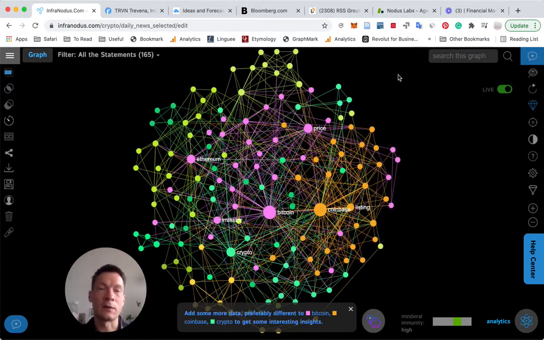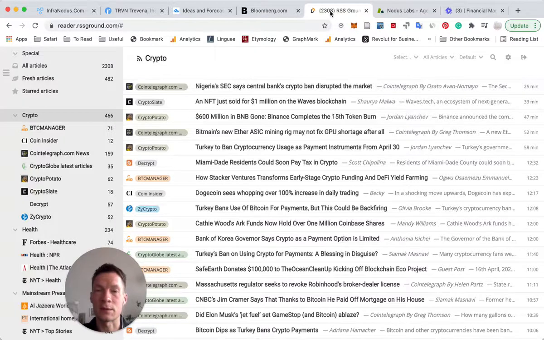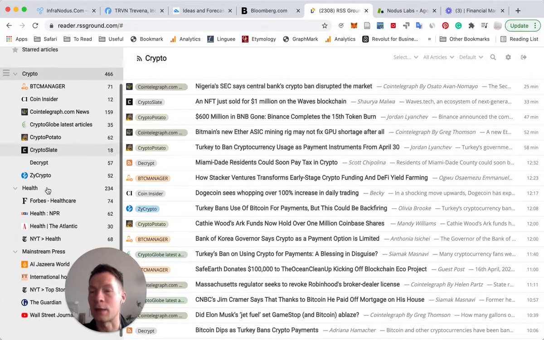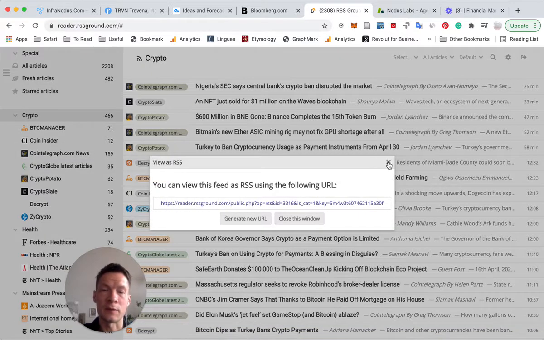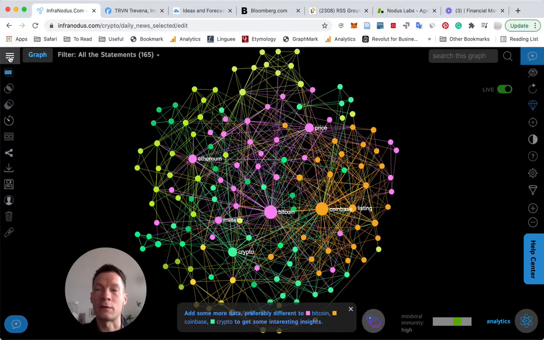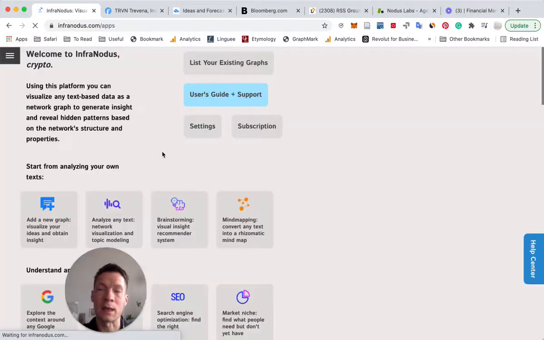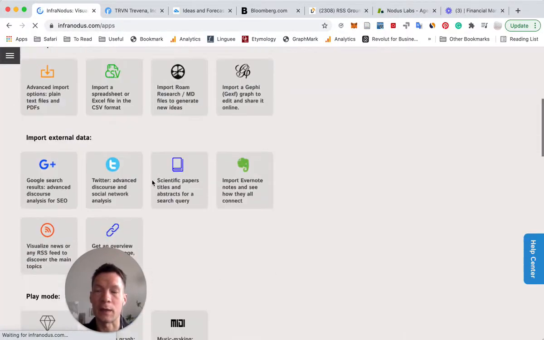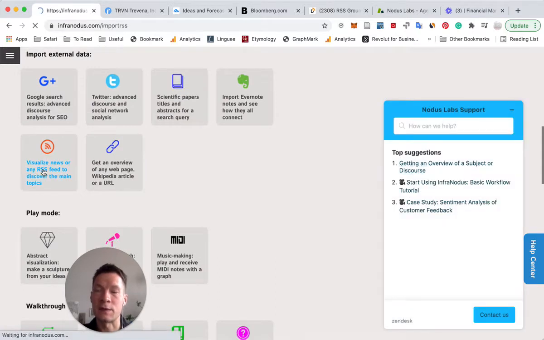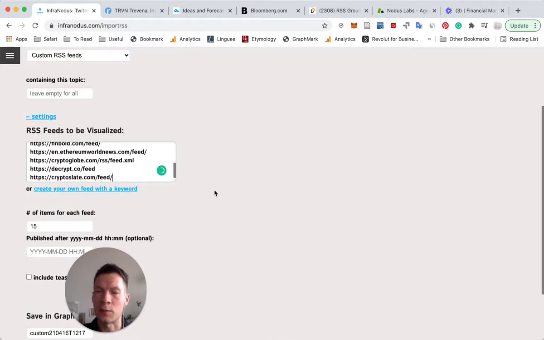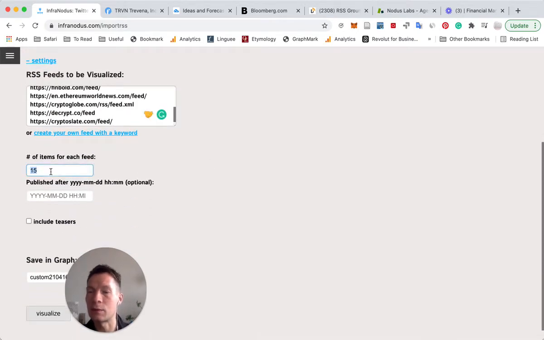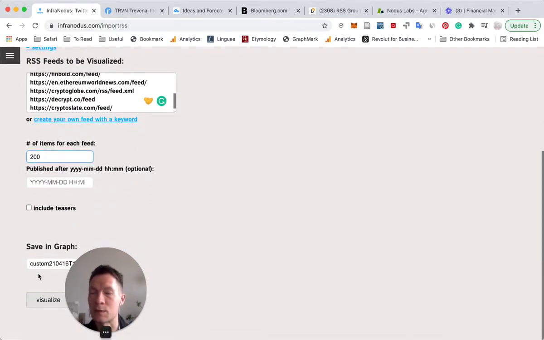Usually I like to use RSS news feeds from the resources that I like. Here I created a feed using RSS ground, which is just talking about cryptocurrencies, so you can simply copy and paste it from here. Or if you have your own feeds, you could just also make a list and import them inside. So here we will use the RSS feed import app, choose custom RSS feeds, copy and paste the feeds that we want to use, choose the maximum number of items, name the graph, let's say we call it